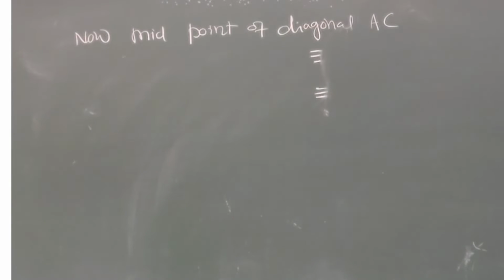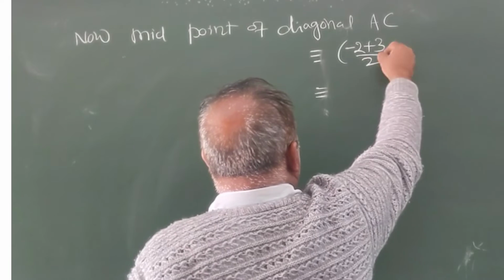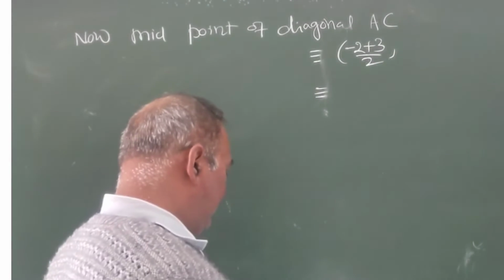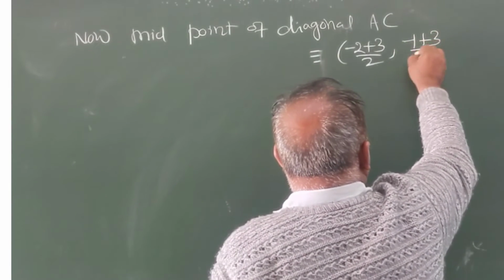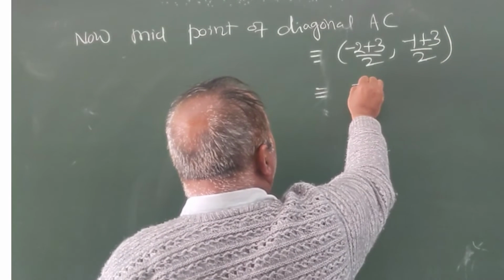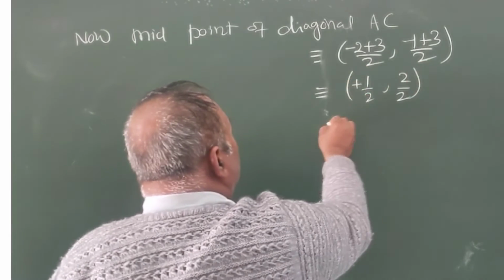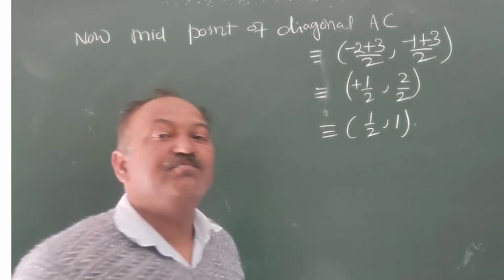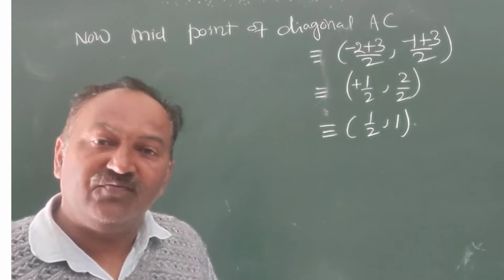that is equal to (minus 2 plus 3) upon 2 comma (minus 1 plus 3) upon 2, that is equal to 1 upon 2, 2 upon 2, that is equal to 1 by 2 comma 1. This is the midpoint of the diagonal AC of that quadrilateral,